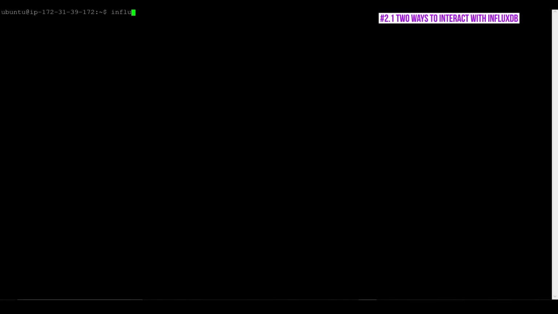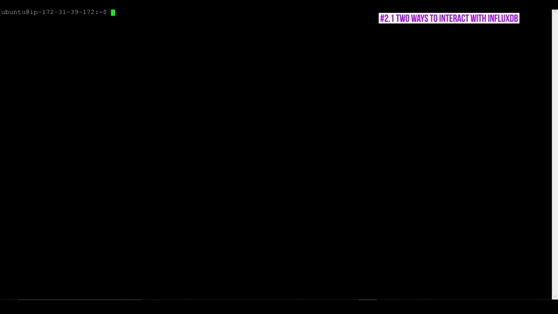Now when you run the command influx, you can see that it installed an older version of the database, which is 1.8.4. The latest version is 2.0, but I believe that the latest version is not added to the apt-get repo, but when it is, you will be able to download and install the latest version. That being said, this is not going to stop us from exploring the time series database. Even the older version has all the features that are needed and that we discussed earlier in this tutorial.